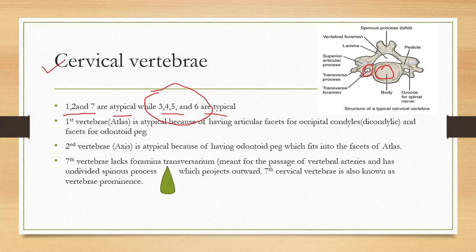As you can see here, there is a body, then there is a transverse process, with a hole in between for the passage of the vertebral arteries. So this is the place from where the vertebral arteries pass. After that, you can see there is a structure called vertebral foramen, and there is a spinous process. So this is the spine which I was talking about in the last slide. So here the spinous process is bifid, means it is divided, and then there is a transverse process.